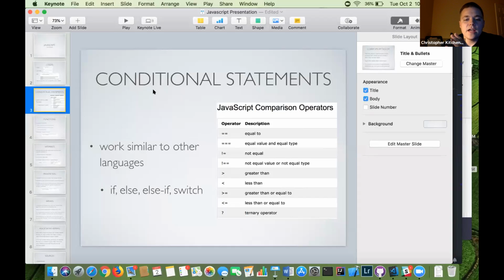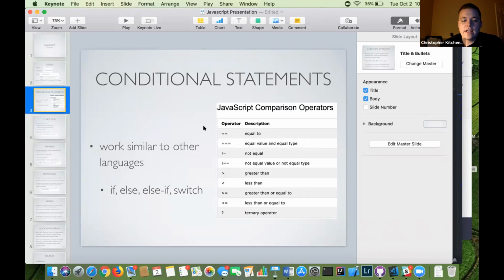So for the conditional statements, when we're doing comparisons or loops, we have equal to, not equal, greater than, less than, greater than or equal to, less than or equal to. We have a ternary operator, and we have, and these are newer ones to me as well, equal value and equal type. Since in JavaScript you can compare different data types to each other, but also see if they're the same type. Again, that's something I'm getting used to because in languages I've used before, you don't do that. It can't compare a string to a number. It explodes.